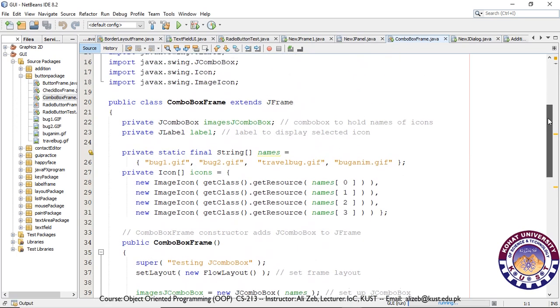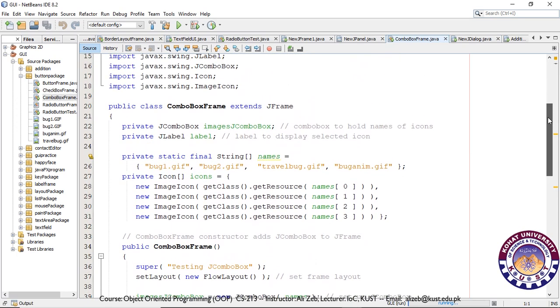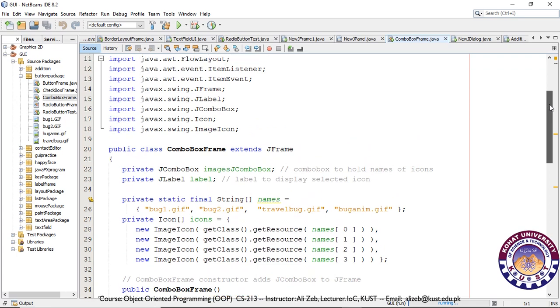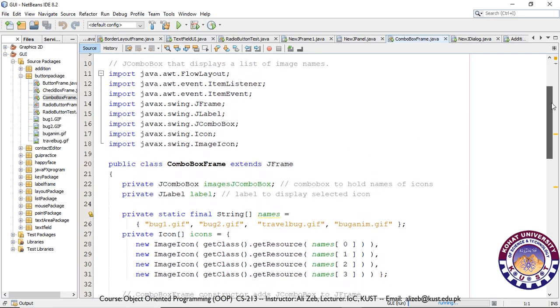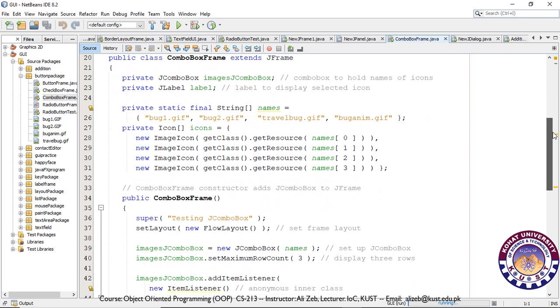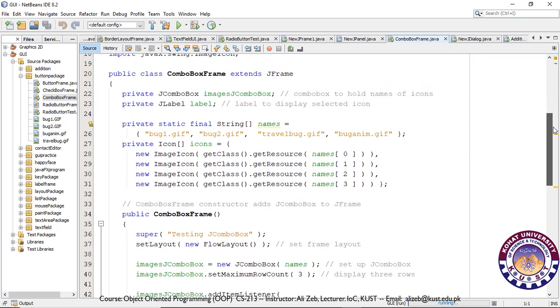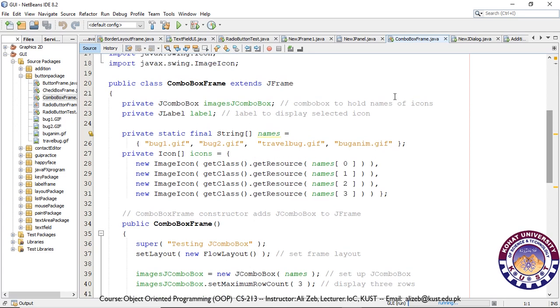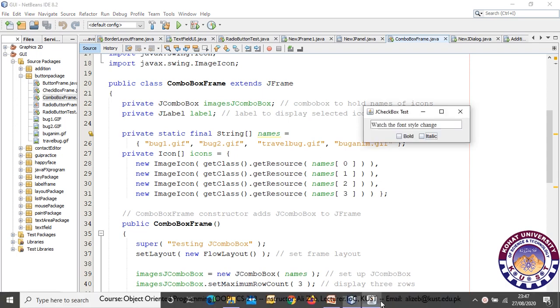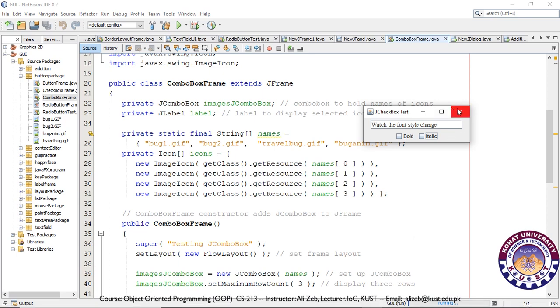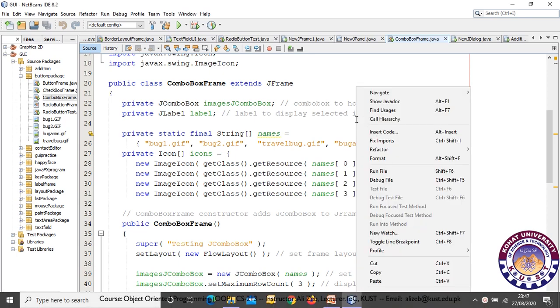Similarly, we have another example that uses the combo box frame, and we use the combo box in this example, or we just simply use the combo box of the JComboBox class. So if we look at the code or the output of this code,